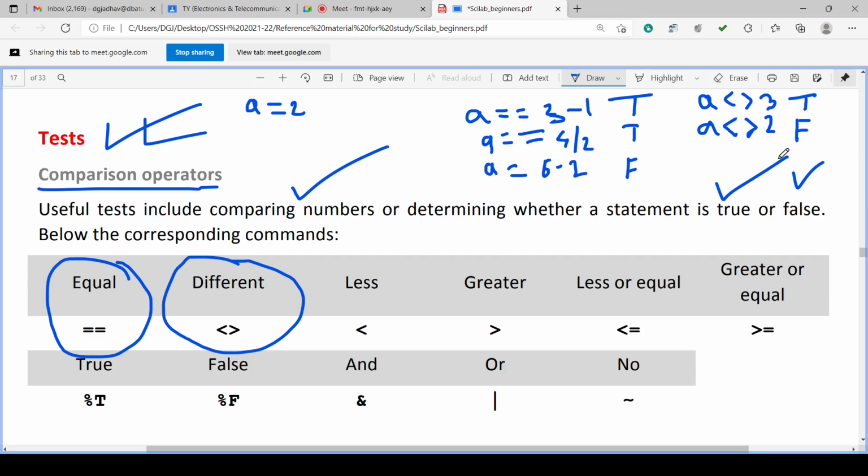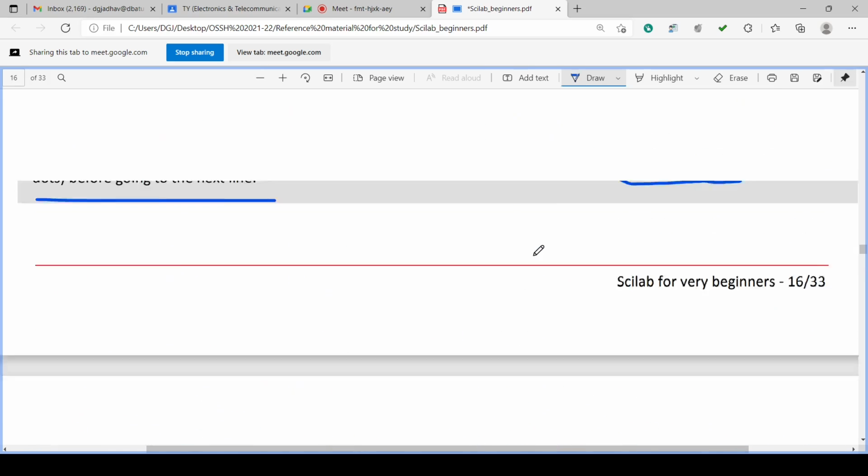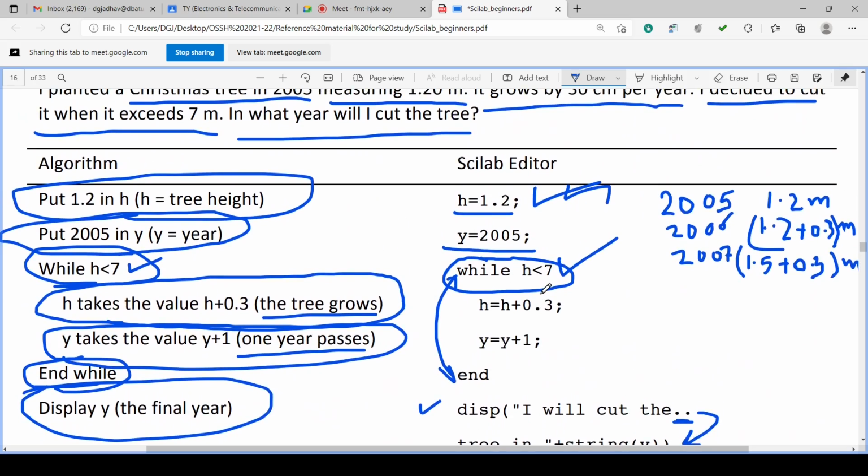The equal, double equal, and different, less than, greater than, these are just opposite test operators, comparison operators. Okay, just opposite. Then less than is there, we know this. Then greater than is there, we also know this. We have used it in this program: less than, h less than 7.